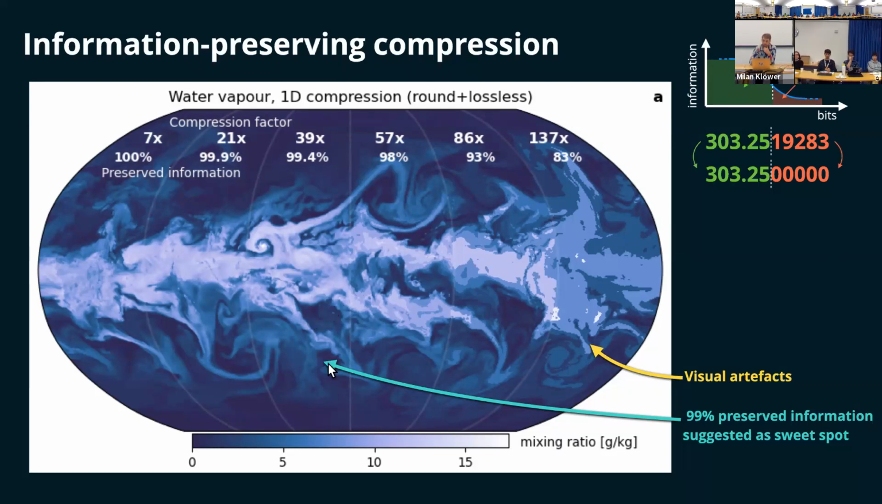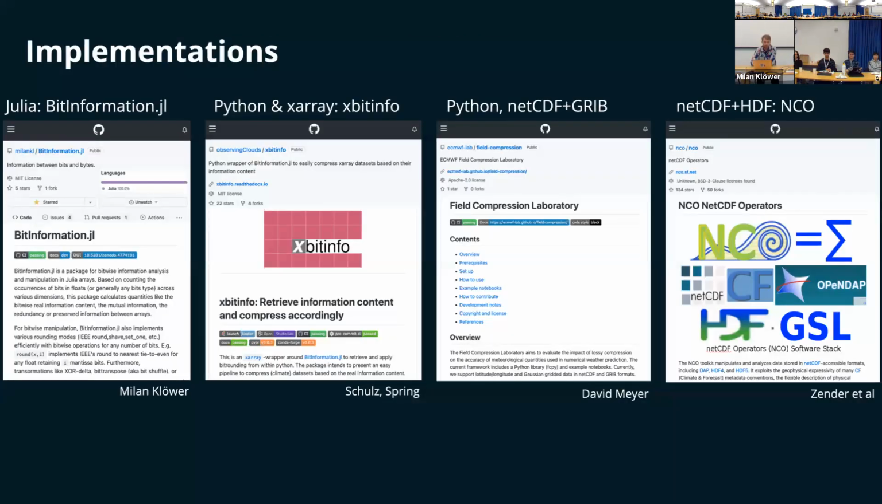But then somewhere in the middle, you have a sweet spot where you get quite high compression factors. In this case, it was 40 times smaller, but you still preserve at least 99% of your information. You can see that once you go further right, cartoon land starts, but on the left, you're still resolving everything to a degree where I did not find anyone who was able to tell the difference between them. And so we've implemented this, my reference implementation is this BitInformation.jl Julia package,